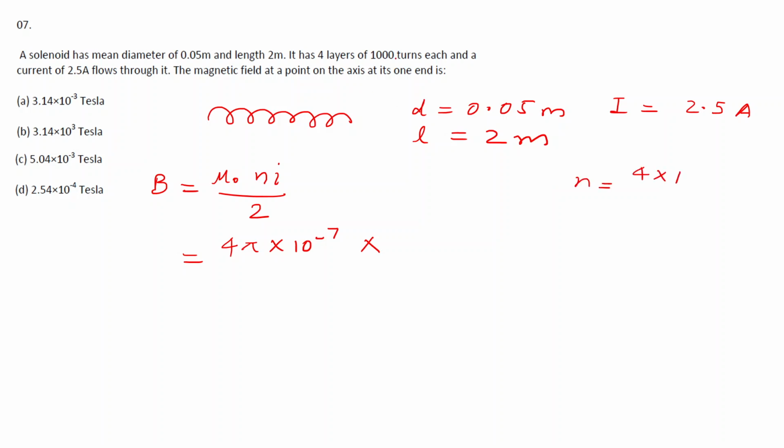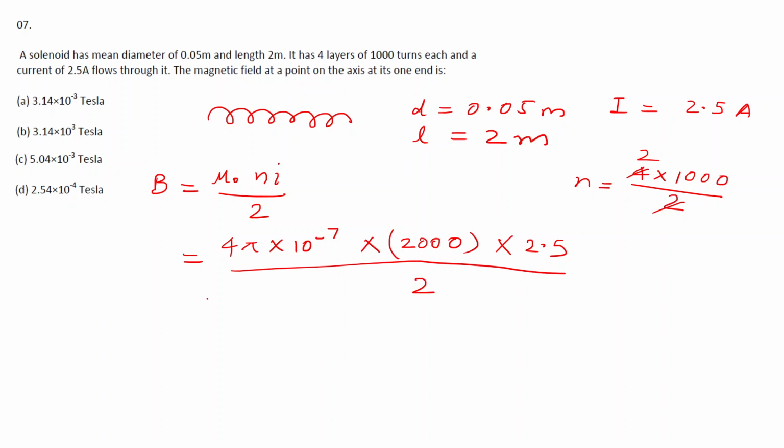There are 4 layers and 1000 turns each, per unit length. The length is 2 meters. So we'll put this here. So it's 2000 turns per unit length, and the current is 2.5 ampere, divided by 2. So the value we'll get is,